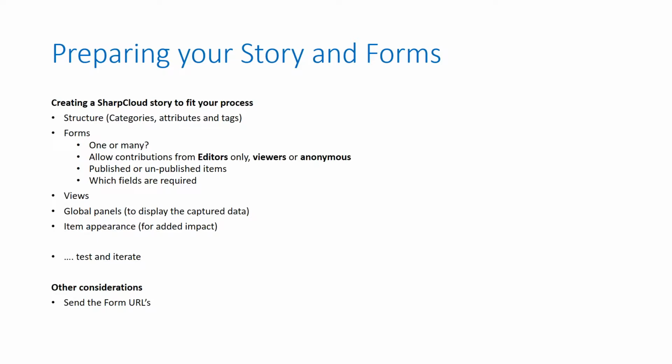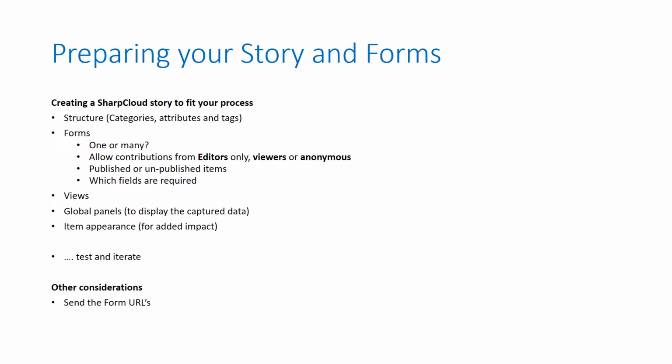so when people click on the item, they see the information that's come from the form. And we've done some enhancements just in the recent release that allows you to now show things like the name of the item, the description of the item, and all of the system properties on the same panels as your attributes that you've defined. So it really means you can just have a single panel that shows anything of relevance inside the item, and we'll see that again.